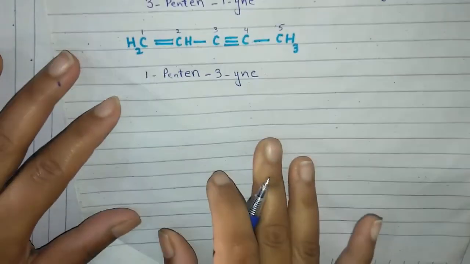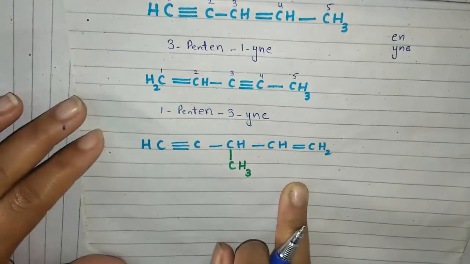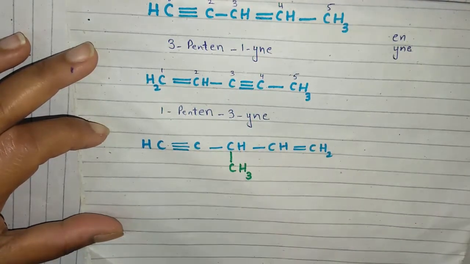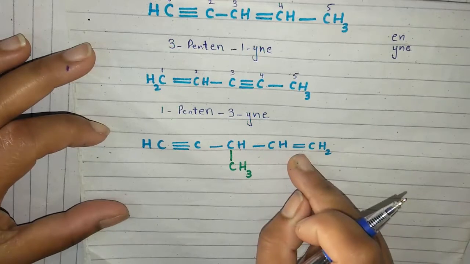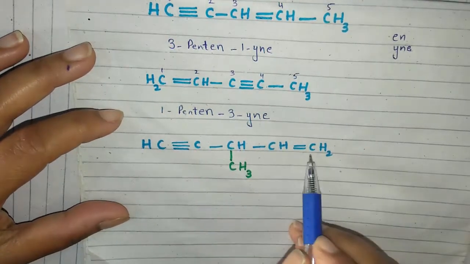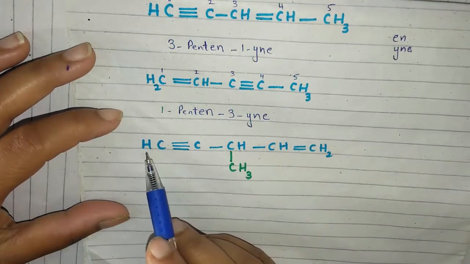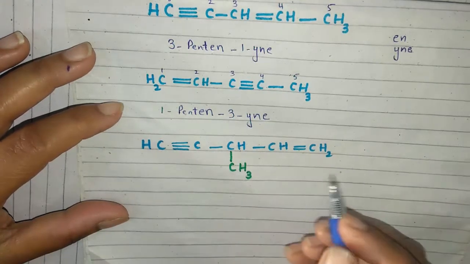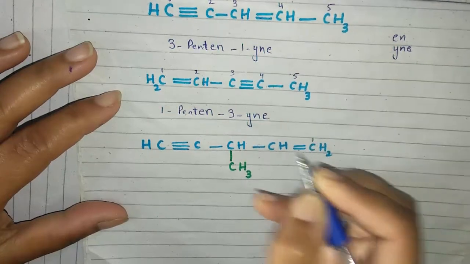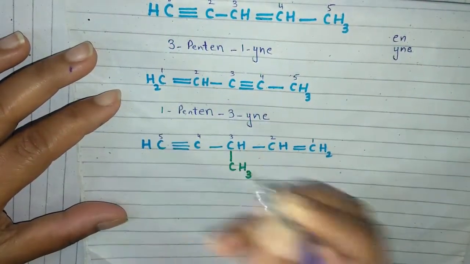Okay, now the last example. Now in case double and triple bonds are present at the same position, then the double bond is given the lower number. Double bond is present at the start of the chain, again the triple bond is present at this start. We will prefer the chain which contains the double bond. We will start numbering from here, 1, 2, 3, 4 and 5.